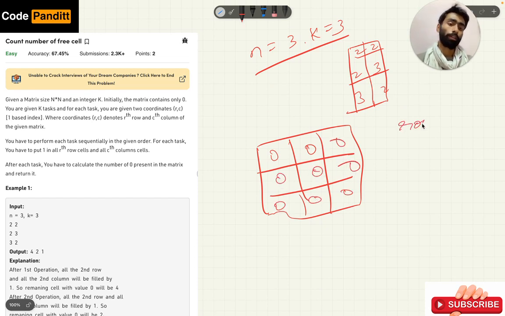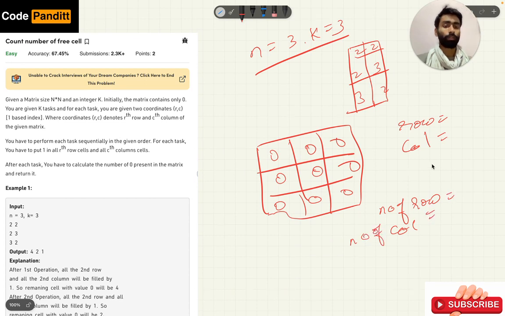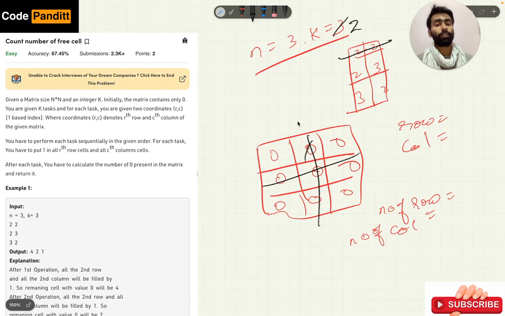Here we will keep track of rows, here we will keep track of columns, here the number of rows, and here the number of columns. So for the first task, we first decrement the number of tasks, and we fill that entire row and column with 1. So the row is filled with 1, the column is filled with 1, and the number of rows will increment from 0 to 1, and the number of columns will increment from 0 to 1.